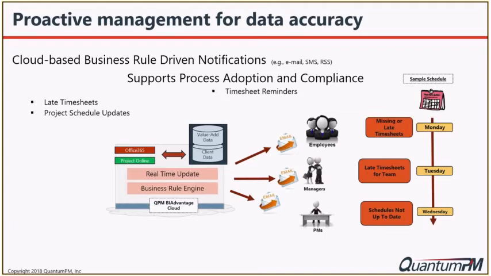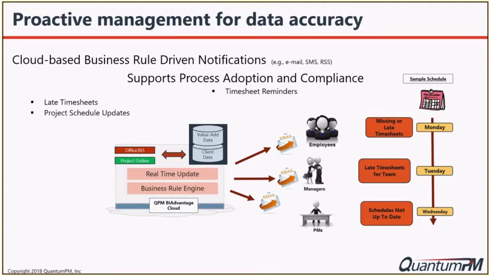Emails go out to maybe managers or their particular staff manager, their project manager, as appropriate, based on when data is needed in the system. So you might send a nag message only to the people who haven't submitted their time, so you don't blast out spam messages to everyone in the organization after a certain time on Monday, for example. And then if things don't get in, then maybe you'd be sending out an email to managers for them to help you get things moving forward, and so forth.